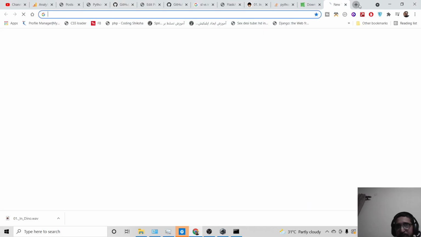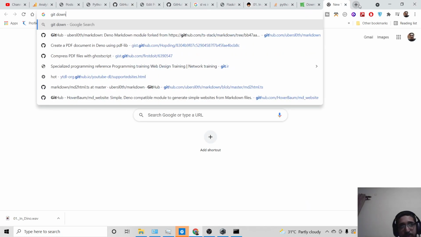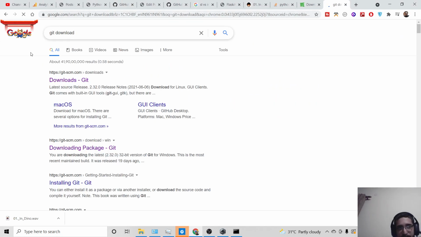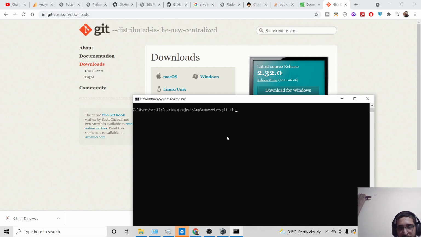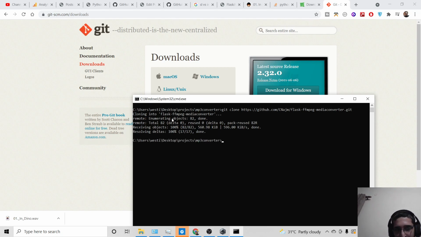Git is a command line tool. You can just download git, just type it on Google. This is a famous tool for command line users. So git clone and paste this URL, and now it will clone it inside your local file system. Then we need to cd into this Flask ffmpeg media converter.